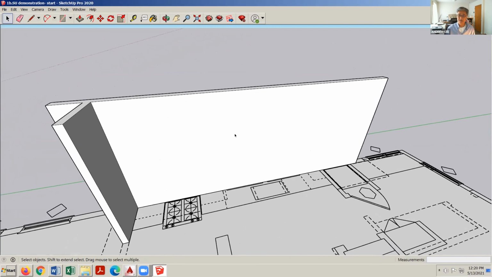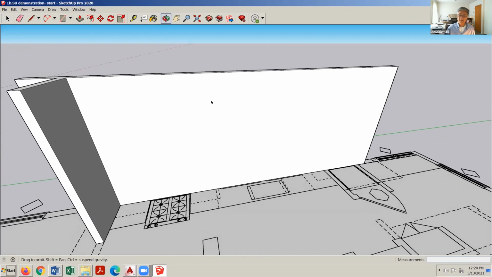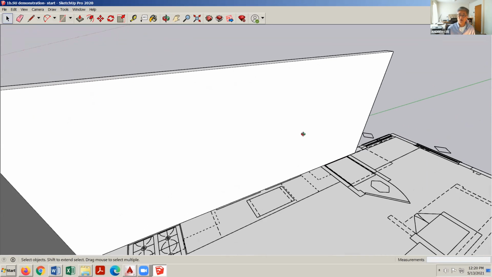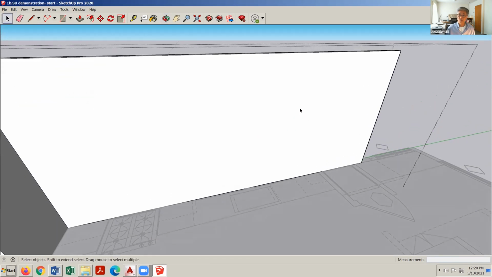Let me show you a couple other things. One is I'll just show you how I build a window. So you have a couple windows here at the sink. You can actually see the line work of the trim that I have in my CAD file. And the way I'll cut a hole in the walls for the windows is to click into the wall object, use the tape measure tool,